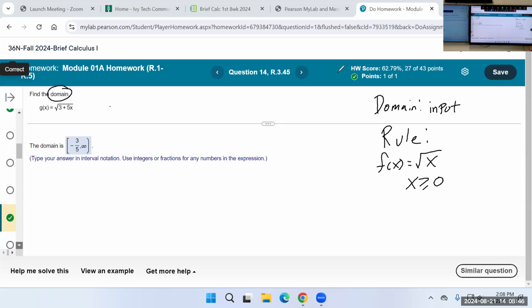So that way I only get real values. I can take the square root of 0. It's 0, because 0 times 0 is 0. And I can take the square root of any number that's greater than 0, like 4, which is 2. That's no problem. But I don't want to take the square root of -2, because then I'm in imaginary number land, and I don't want to go there. So rule 1, let's stick with real numbers. Rule 2